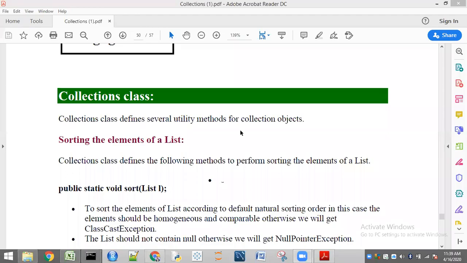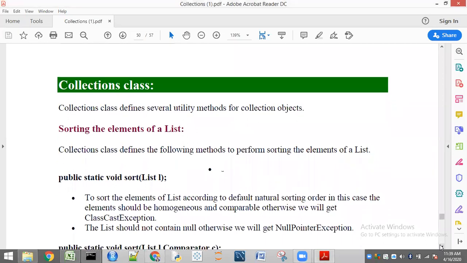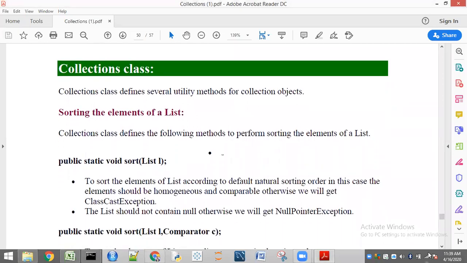Okay. So now we are going to see about the remaining methods of the Collections class. That means I am left with the sorting methods and searching methods. Already you know what is meant by sorting and what is meant by searching. You have seen these two types of algorithms in your data structures. So here in the Collections class also we have two related methods for sorting and searching. There are many methods, but I'm going to show you only one method for sorting and one method for searching.